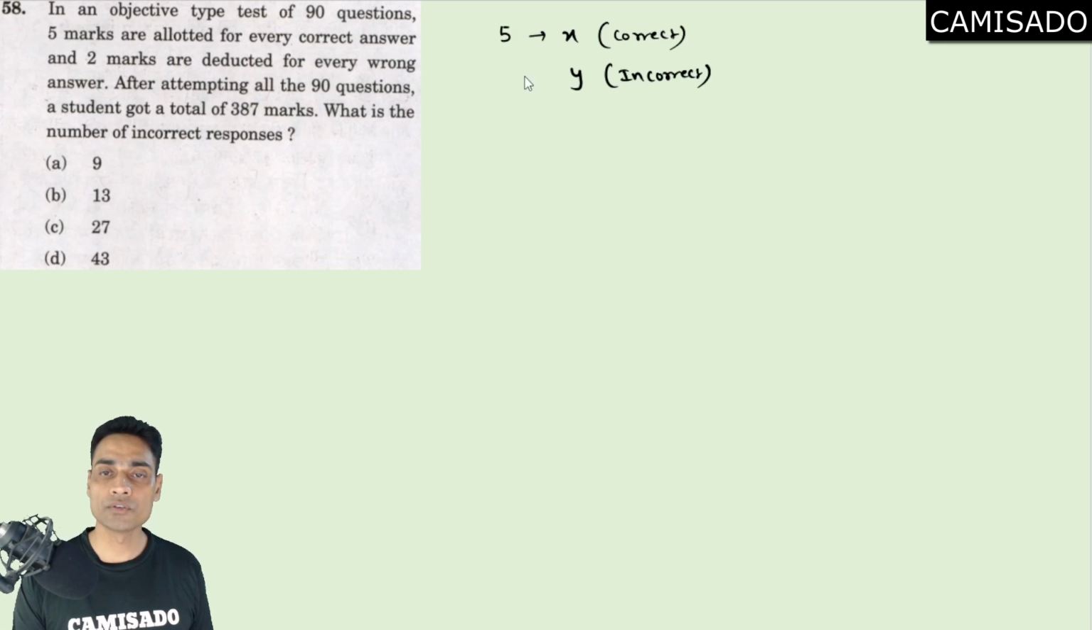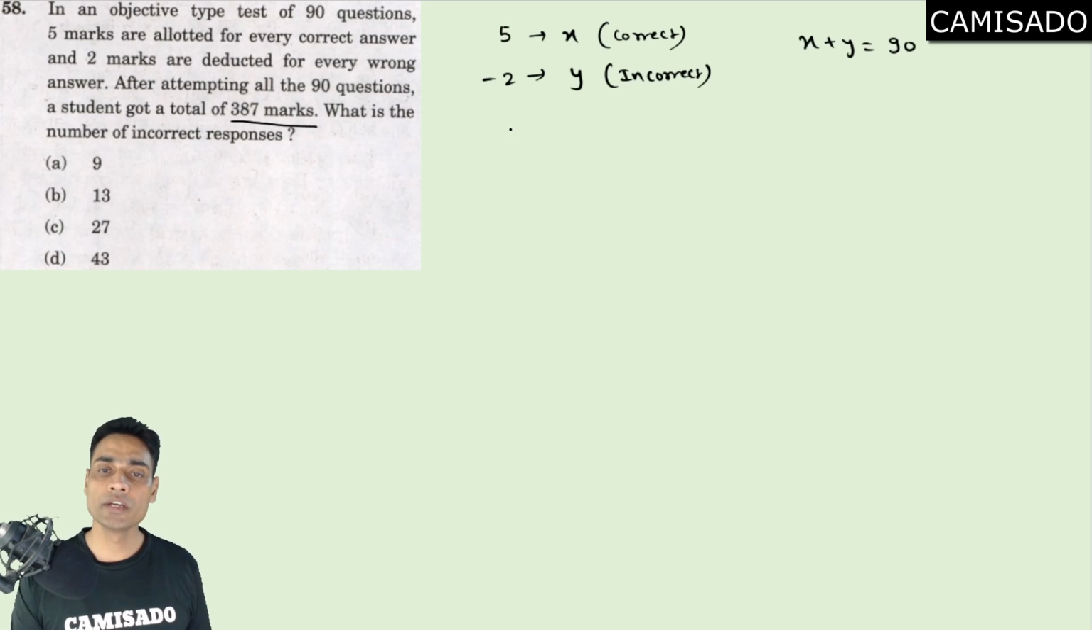Okay, so we are getting -2 here, and the total number of questions is 90. Fine. This is one way of solving this problem. I will tell you another way also. Fine. So what you can say is, after attempting all the 90 questions, the student got a total of